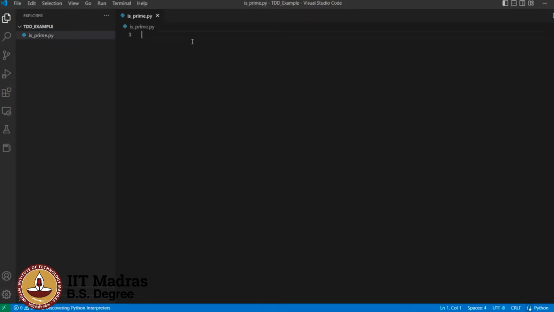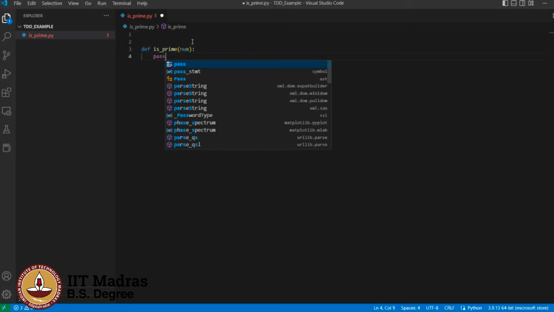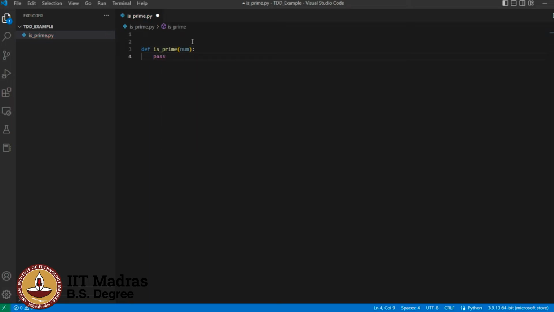And I want to create a function called isPrime, which takes a number as input, right? And let's see how we can use TDD to write this function,